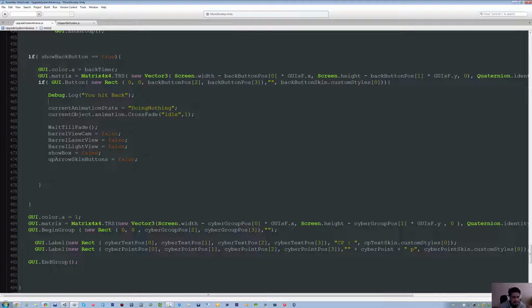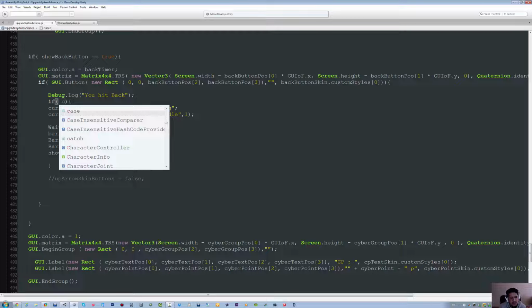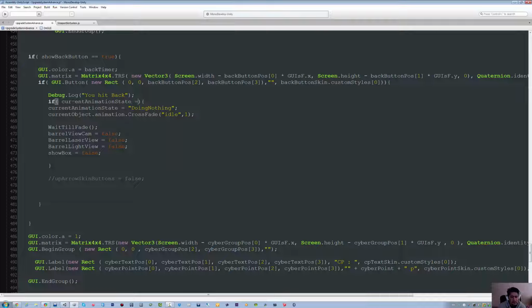Alright, we can do something here. We're going to put an if statement around this. We'll leave this out for now. We don't want it to be part of this if statement. I'm going to say if our current animation state is equal to something, let's do something. So, current animation state equals